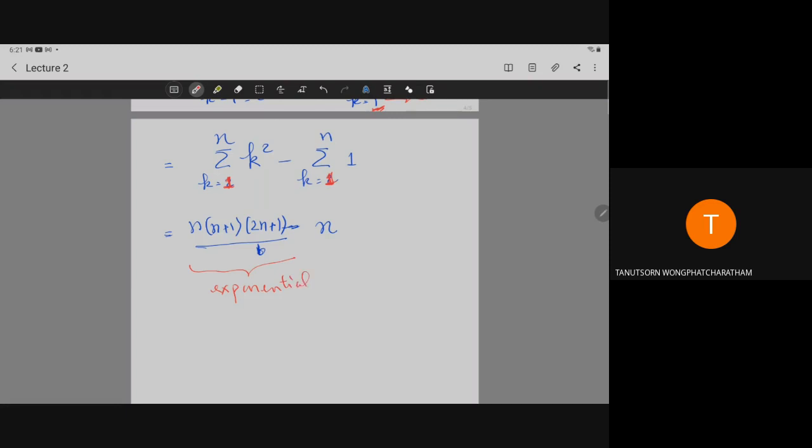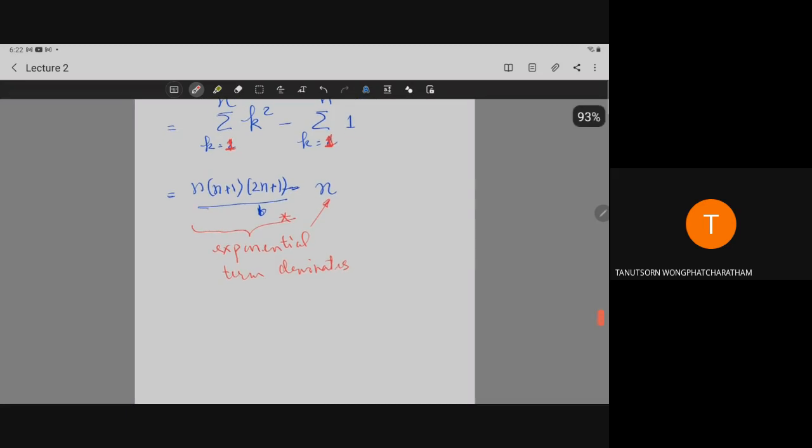So this exponential term will dominate the back term. So this term will dominate this term. So we can put the complexity in terms of the more dominant term as